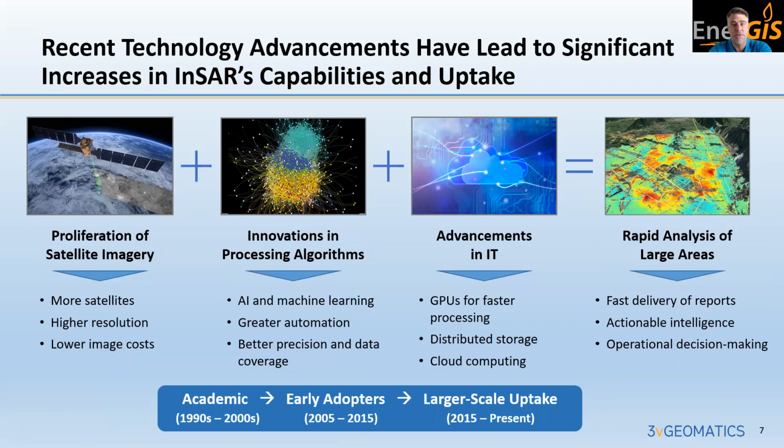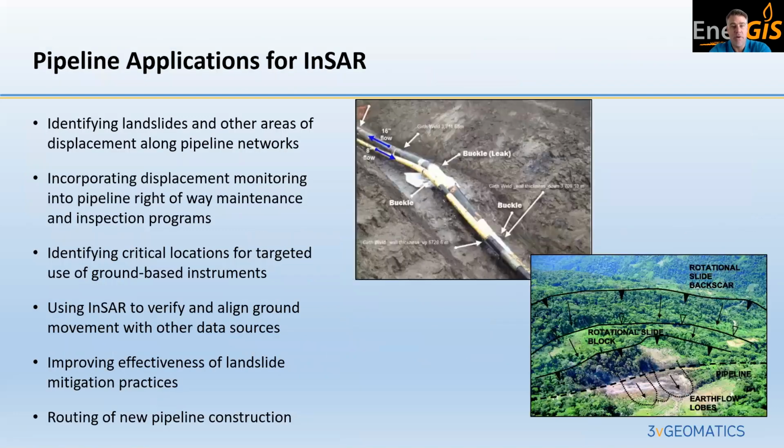InSAR ground displacement results. So in 2017, we worked on a project with a large pipeline operator, the largest in North America, and an engineering firm. Essentially, the project was to determine what applications InSAR can be used for monitoring pipelines. It was determined that we can identify landslides and other areas of displacement along pipeline networks, including subsidence and heave. So essentially in 2020, pipeline operators have now incorporated using InSAR to monitor their pipeline corridors